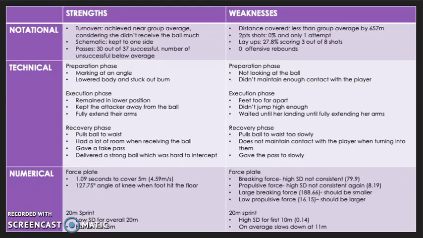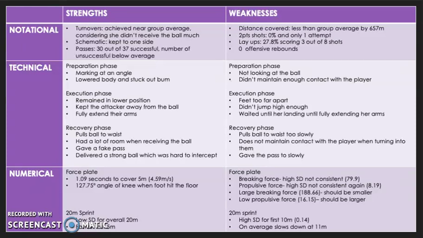The weakness that is identified in the force plate data include the braking force being very inconsistent. This is identified by the high standard deviation. It would be a weakness because it shows that she has a different braking force each time she did the run, meaning that her foot brakes at a different force each time, which leads to inconsistency. Like she could do one sprint really fast but then one really slowly.